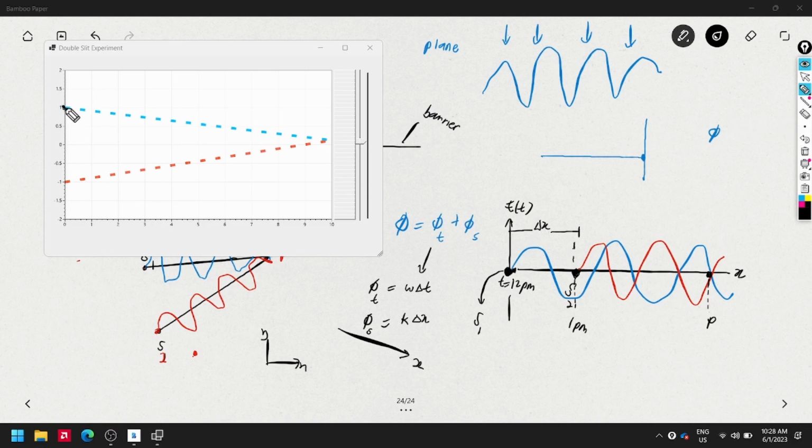At this particular point, this is me, this is my friend, source number 1. Both of us are holding the laser pointer, and we are going to emit the laser beam at the same time. I'm using the red light beam, and my friend is using the blue light beam. So this is my friend, this is me over here.